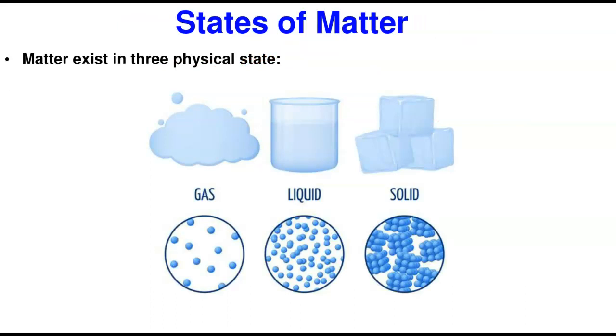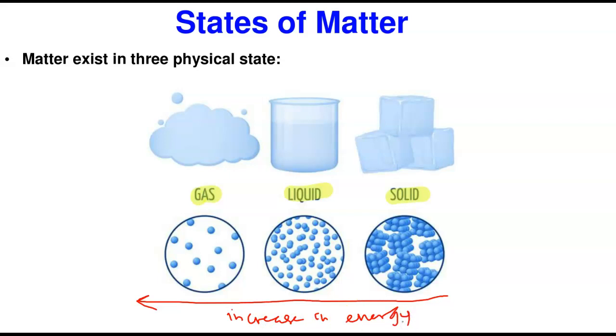Of course, matter exists in three physical states: the solid, the liquid, and the gases. Now, they are arranged by their level of energy. The gases, of course, have no definite shape, no definite volume. They're always moving apart. Now, let me put something here. This arrow shows you the energetic strength of these molecules. So this is increase in energy. Oh, rather, this is a wrong arrow. Let me put it this way. Increase in energy.